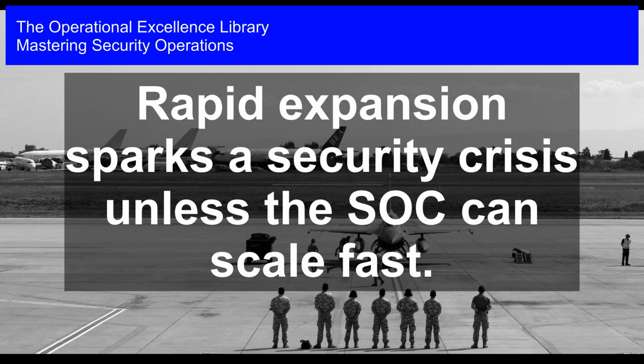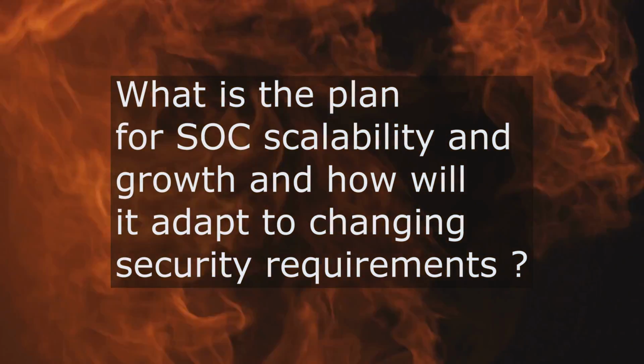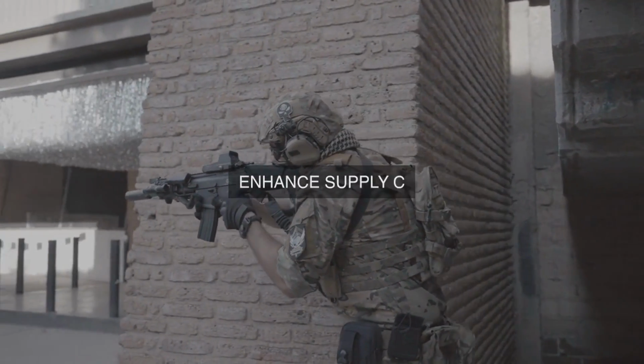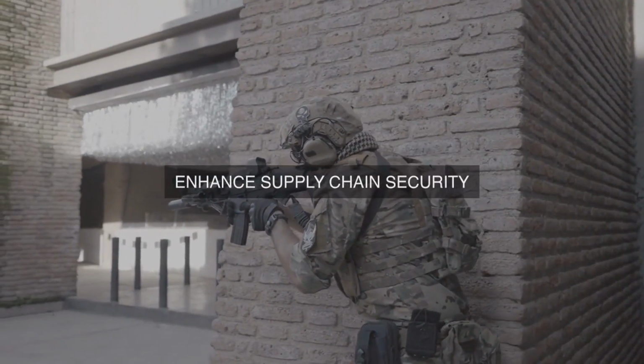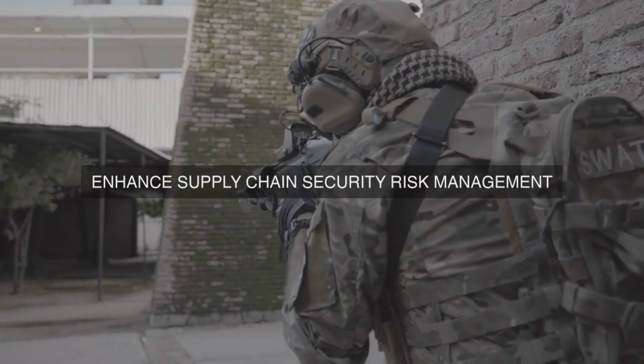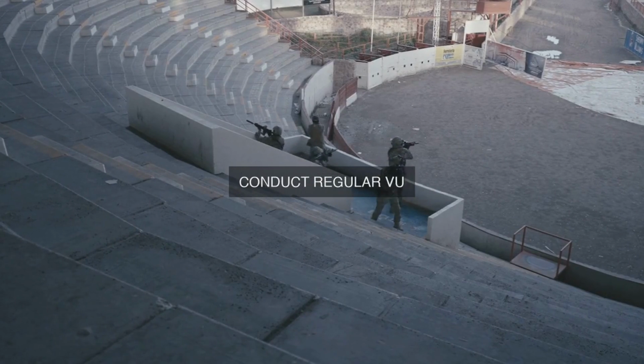Mastering security operations. Rapid expansion sparks a security crisis unless the SOC can scale fast. When the organization experiences rapid expansion or evolving threat landscapes, what is the plan for scaling its Security Operations Center (SOC) capabilities to ensure seamless adaptation to changing security requirements, and how will its growth strategy address emerging threats and